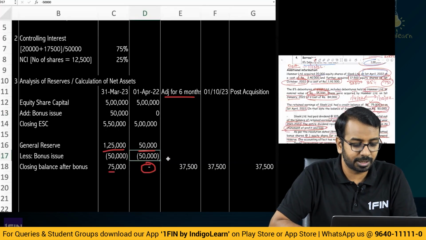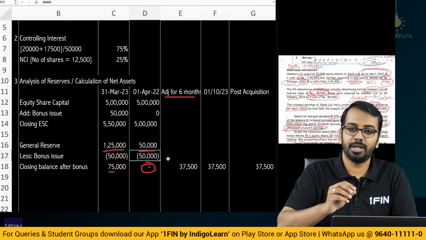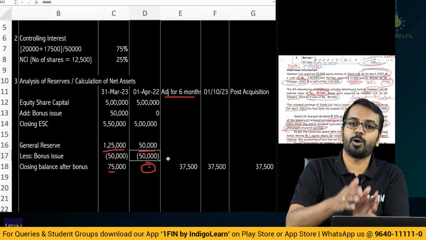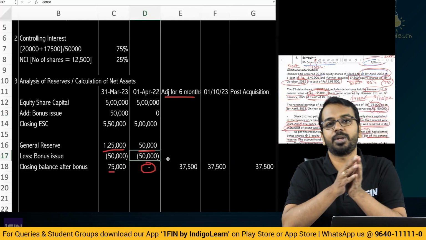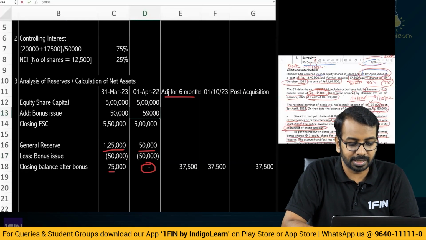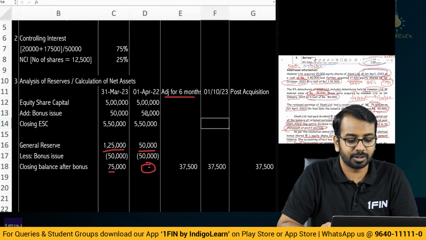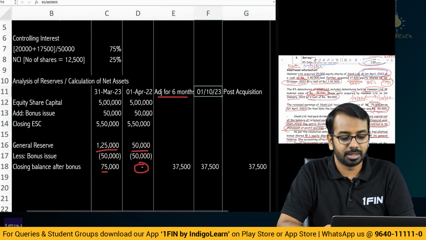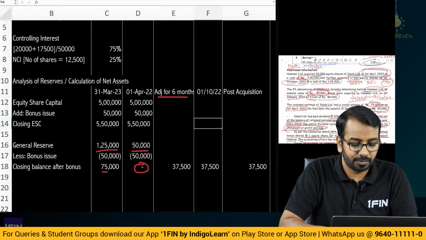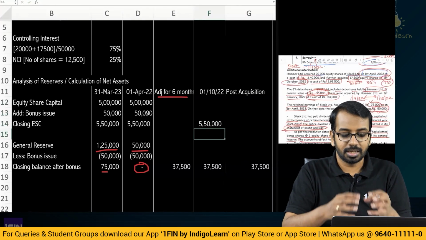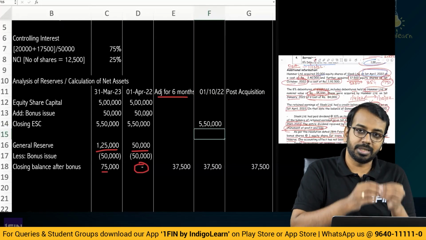See, we have removed 50,000 from pre-acquisition profit. We have capitalized that. So, notionally, it means that we have moved it from pre-acquisition reserves to pre-acquisition share capital. So, here also we will increase it by 50,000. So, we have 5,50,000 on the date of acquisition or on the date of obtaining control, that is 1st of October of 22, we have 5,50,000 as the share capital balance,